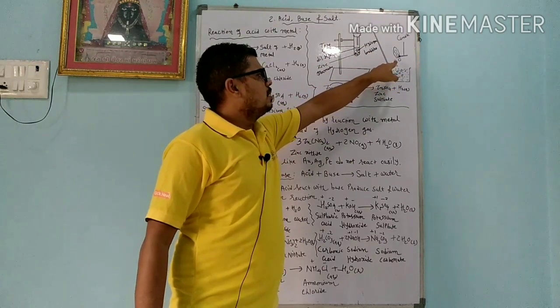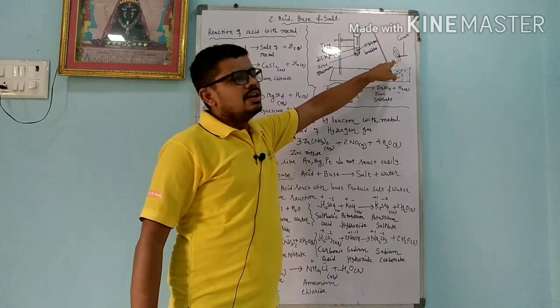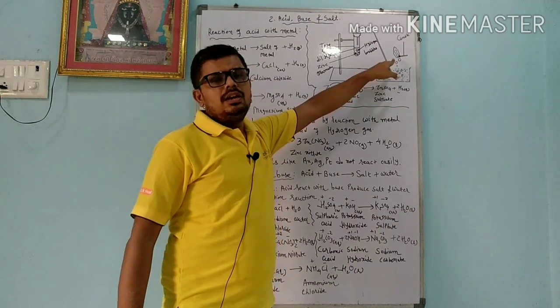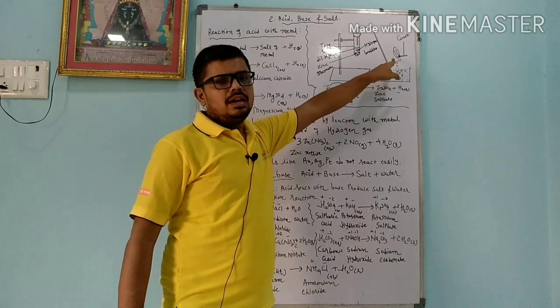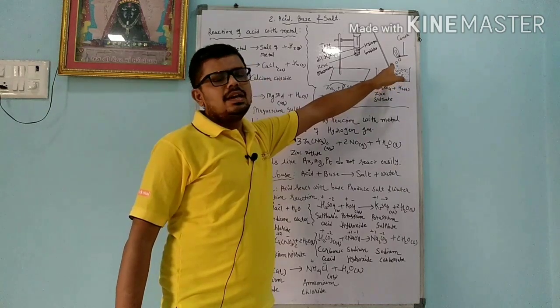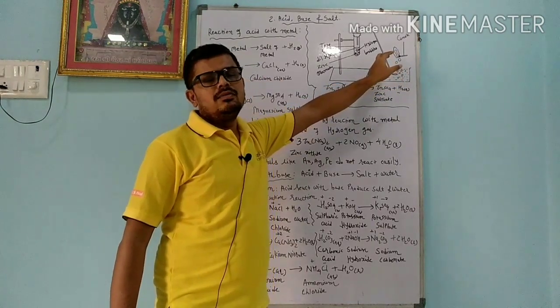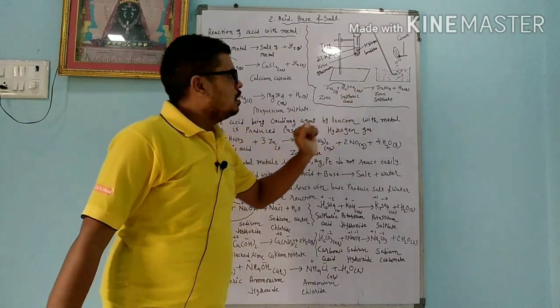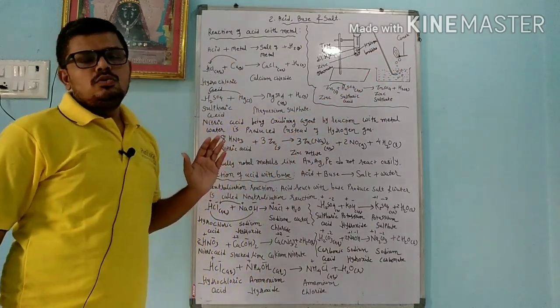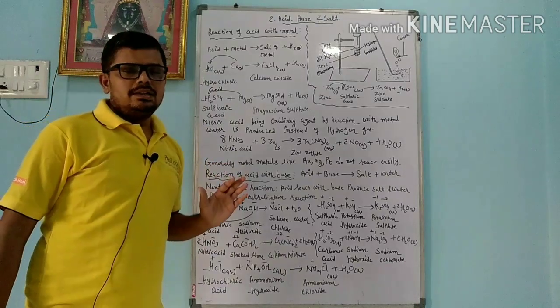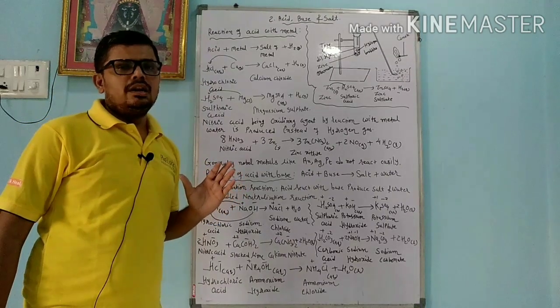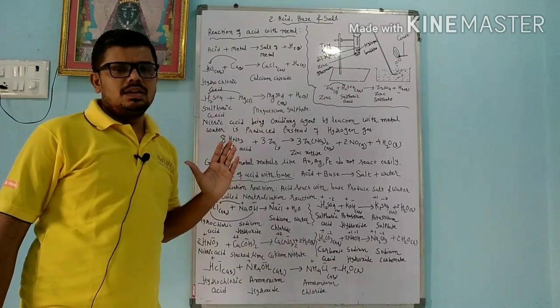As it comes outside, if we want to check that it is hydrogen gas, we keep a burning candle here. Hydrogen gas is a highly inflammable gas, so it catches fire there. By that way we can judge that hydrogen gas is produced. Dear student, whenever you want to write any reaction, you should know the valency. In 9th standard you already learned this, but here we will also try to revise something.